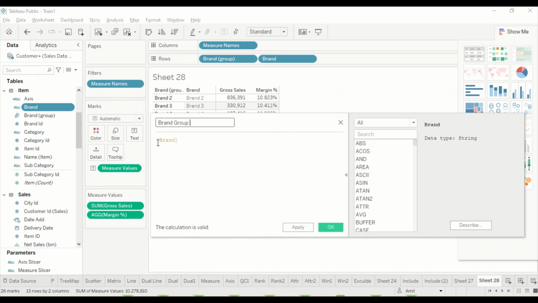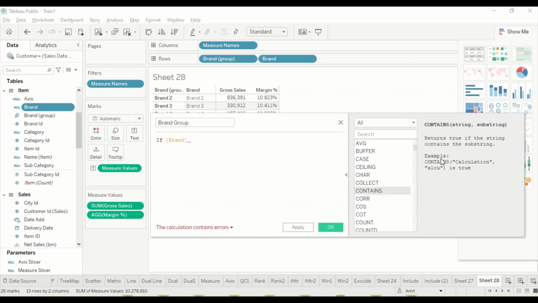We say if brand, and we can choose some functions like contains, string and substring. So let's take contains, and in contains we say string, and if it contains brand